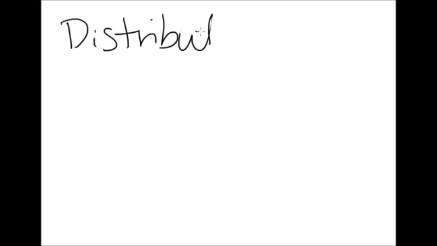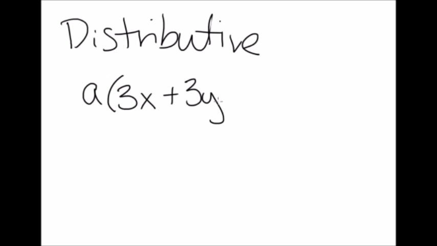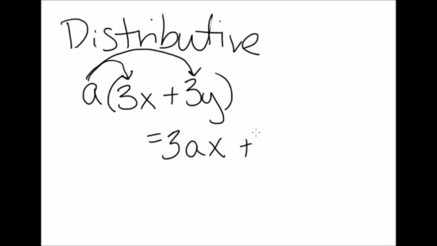Next, we have the distributive property. So the distributive property is simply where you have a coefficient in front of an expression in parentheses, and you are going to distribute that coefficient across the item in parentheses. So it looks like